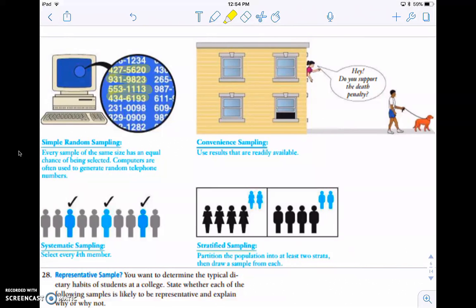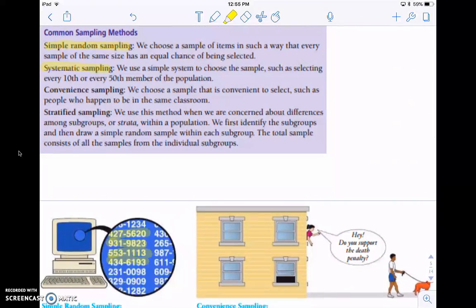I did a study once of trying to determine what portion of people drove one type of vehicle versus other types of vehicles, and I went on the busiest road that I could at various times, and every 5th vehicle that passed by, I would mark down what the make was. So this is where we have very systematic. You're just doing every 5th, every 3rd, or something like that. So that's a systematic sample.